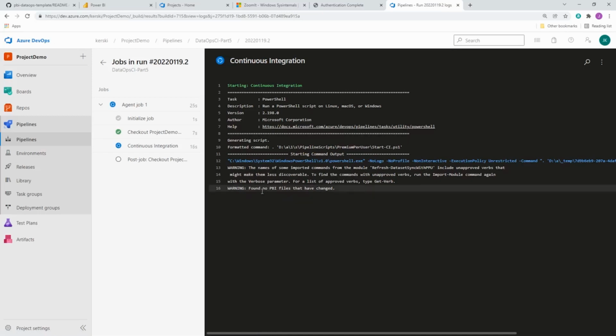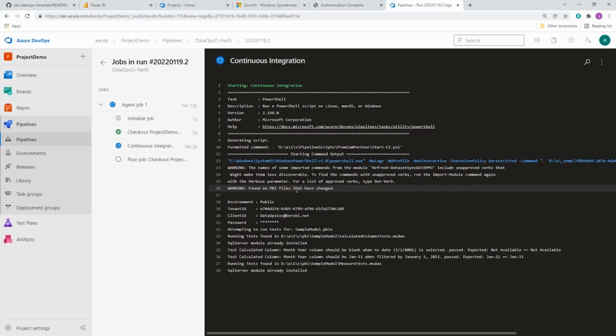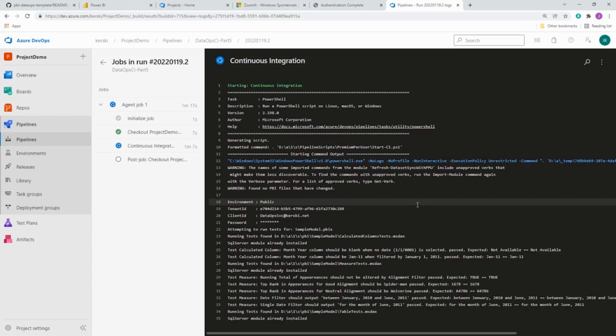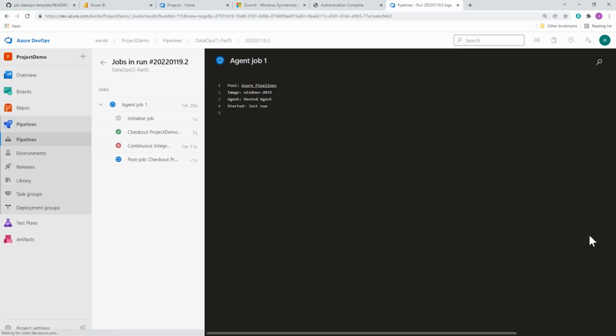And you'll notice that it'll say no Power BI files that have changed. Again, we've changed the test case. We haven't changed any of the Power BI files that are in this project. In this case, one Power BI file. The service account's now logged into Power BI and is going to start running the tests. It's running through the calculate column tests. It's going to run through the DAX measure tests, and now it should run through the table tests, and it